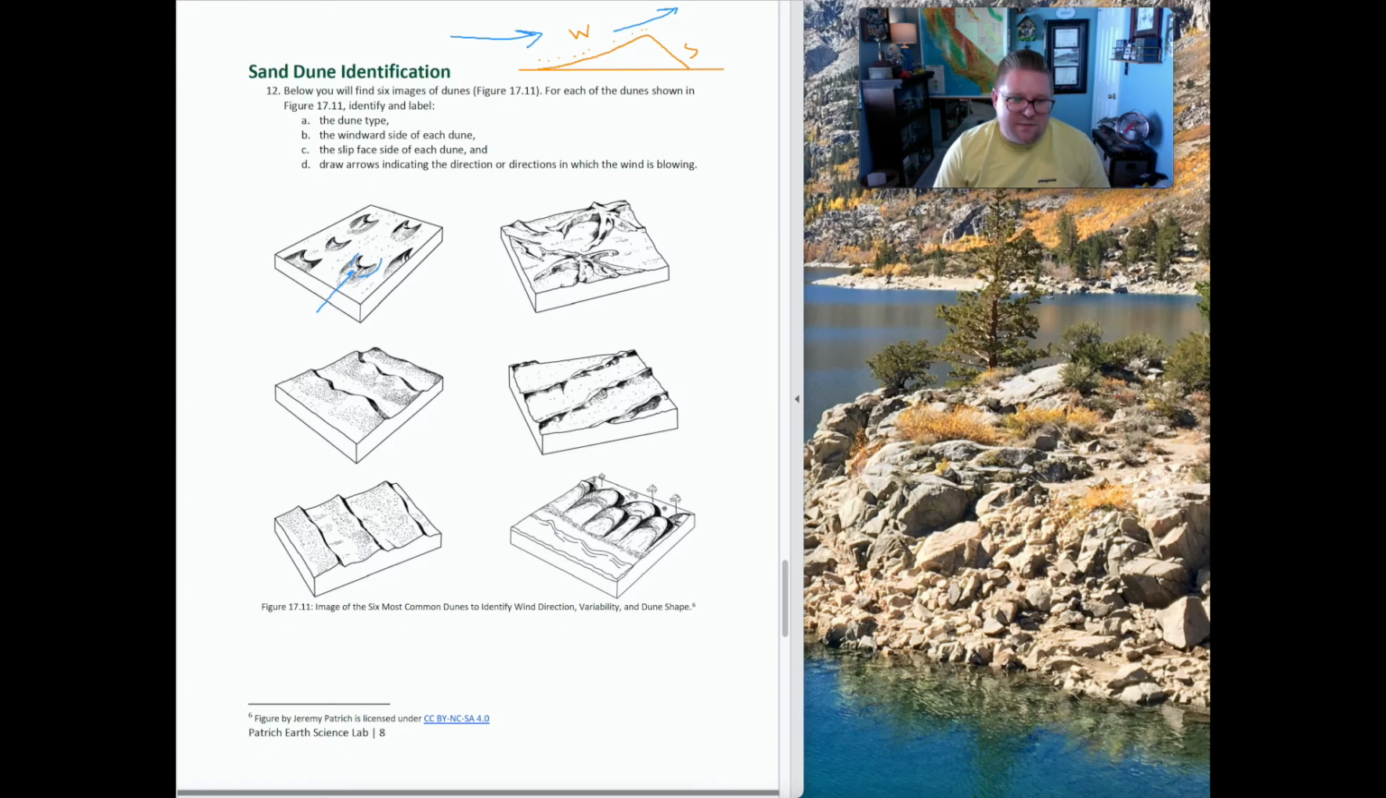All the sand is being moved here, and then it slips down and builds these neat little crescents. These are called horns. The horns are actually pointing in the same direction the wind is flowing. So you get to really apply these terms. So you're going to